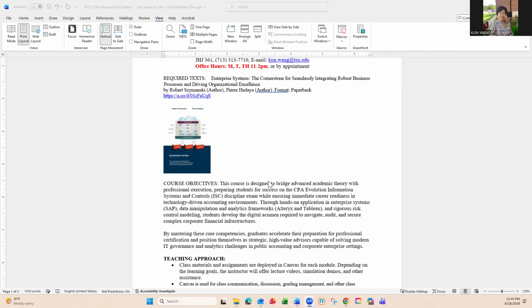The other direction is to give you the hands-on understanding and the tools you may need to go to work, especially in a large or medium-sized business setting, such as the tools we are going to introduce and practice: SAP, Alteryx, Tableau, Excel as the default, even Microsoft Access and some others.